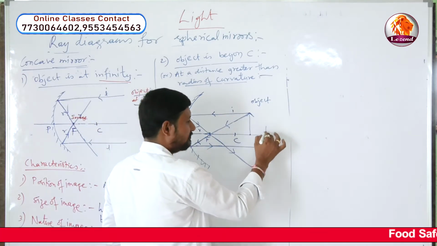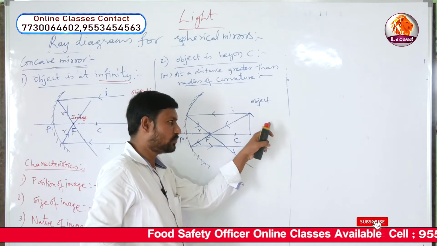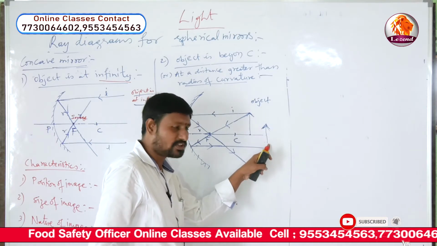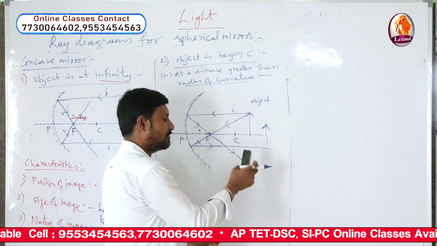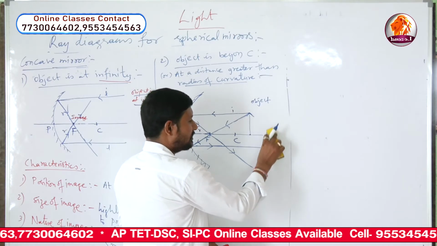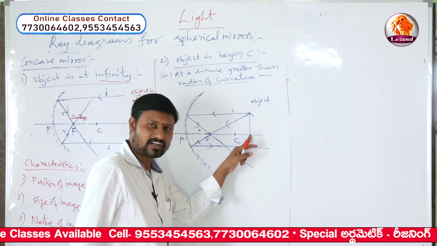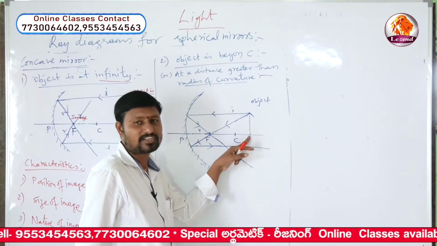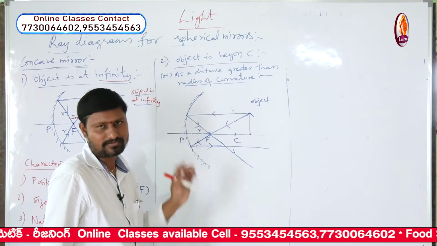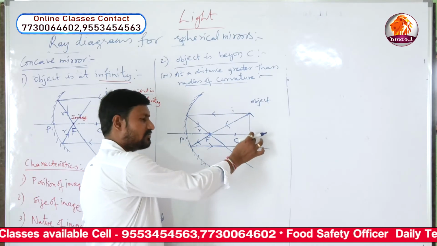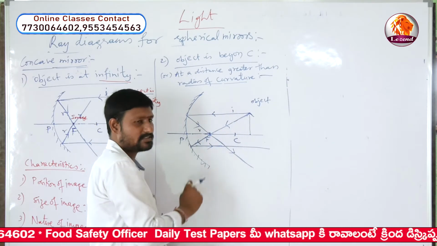Suppose you take the object in front of the mirror like this, we need to draw the ray diagram by taking 2 light rays from the top as well as 2 light rays from the bottom. It is a time-consuming process. That is why it is better to take the object touching the principal axis, so that conveniently we can draw the ray diagram without taking any light rays from the bottom of the object. Taking rays from the top is enough, because the image of the bottom of the object will be formed touching the principal axis only.